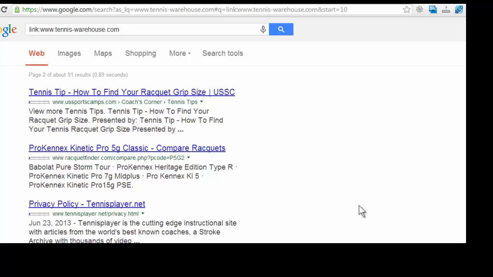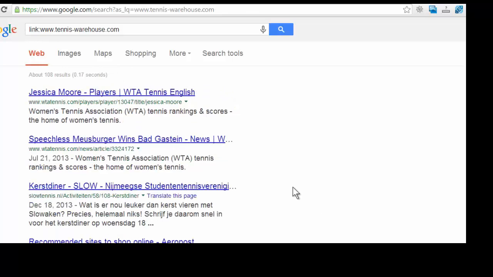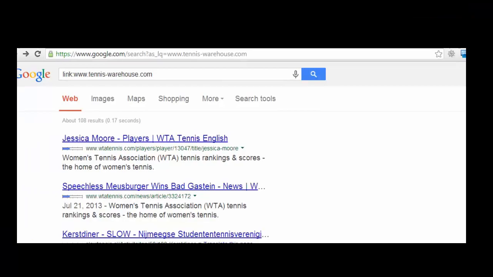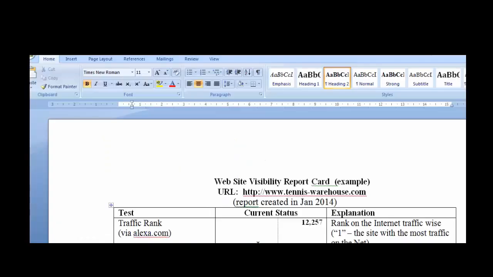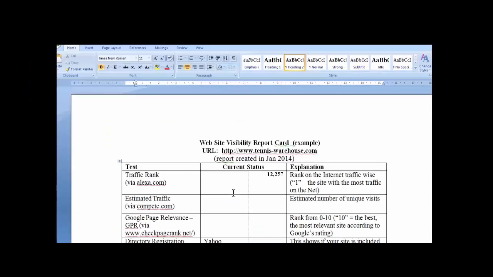So you can sort of copy your main competitors' ideas. So once again, this is link popularity. But for the time being, I'm going to stop for a moment and show you a tool that I call website report card. And what is a website report card? It's a tool that I created, and it's an overview or summary of your visibility on the internet. In other words, how are you doing on Alexa, and how are you doing in terms of your link